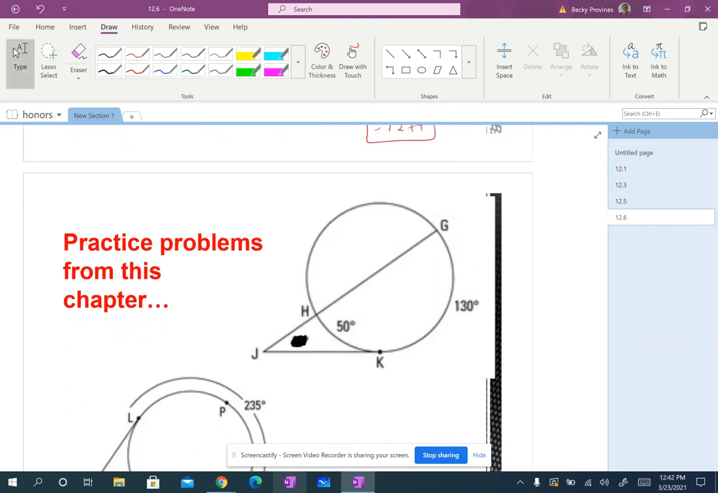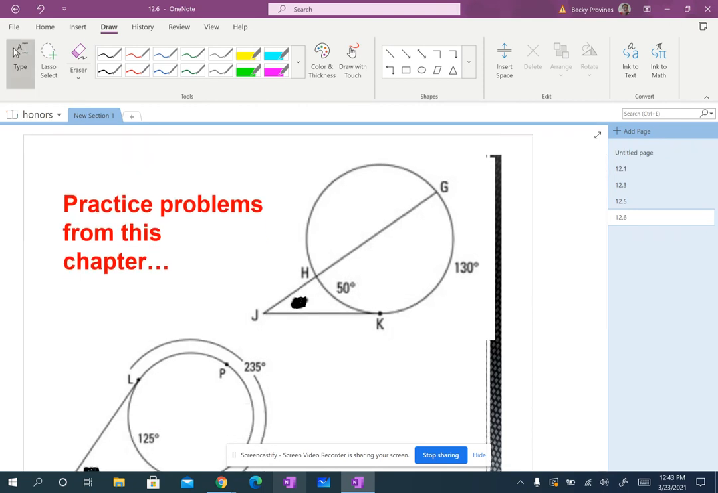Okay, so these are practice problems from the chapter, and when the video ends, I'll just make a part 2. All right, so these, again, it's about the vertex. The vertex is on the outside, so you're going to subtract these two. Now, this one looks weird. Technically, this goes like this. So there are two distinct arcs. So 130 minus